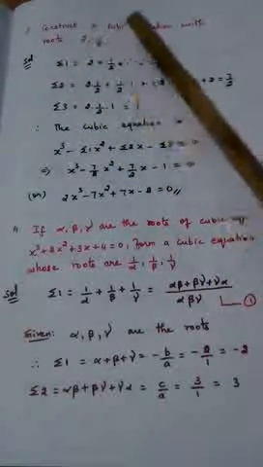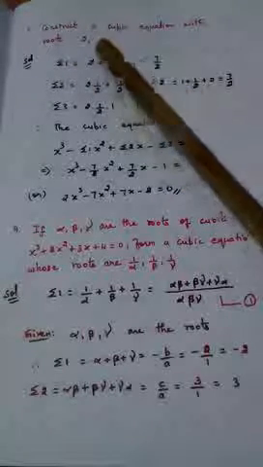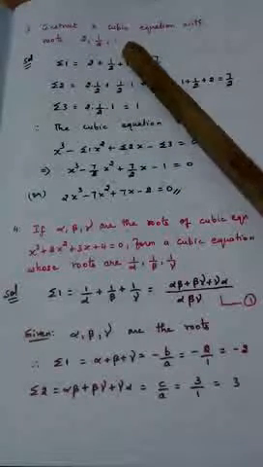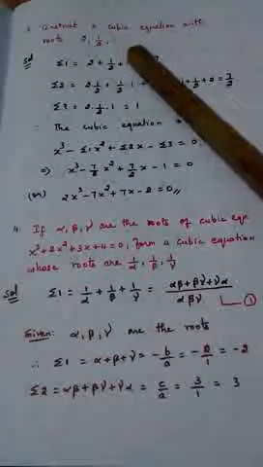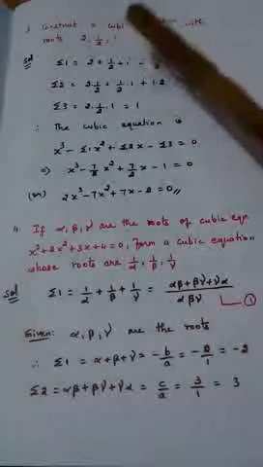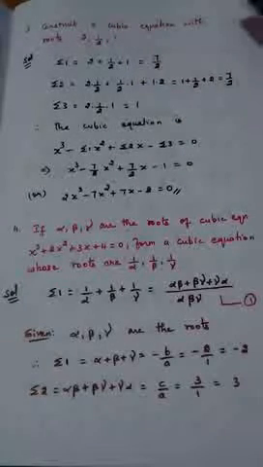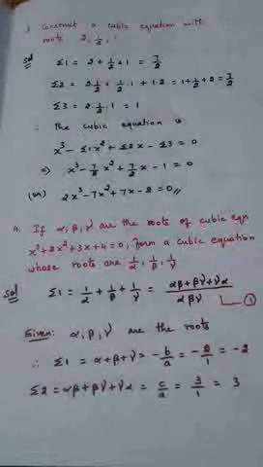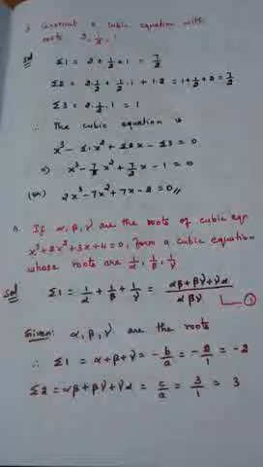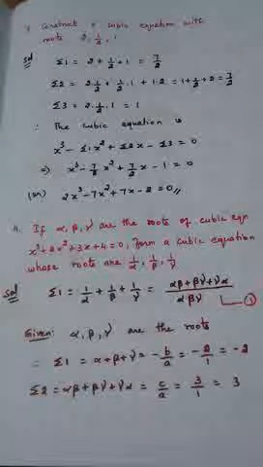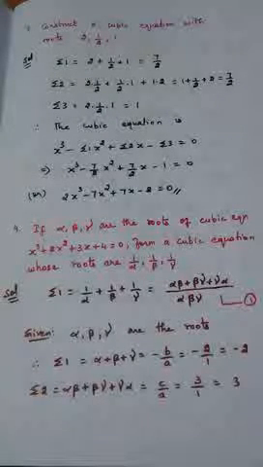We know very well cubic equation means it will have 3 roots. They themselves are given all the 3 roots. They are asking us to calculate what? They are asking us to calculate the equation. Find out the cubic equation. That is the question. So here now we are going to seek the help of beta's formula.